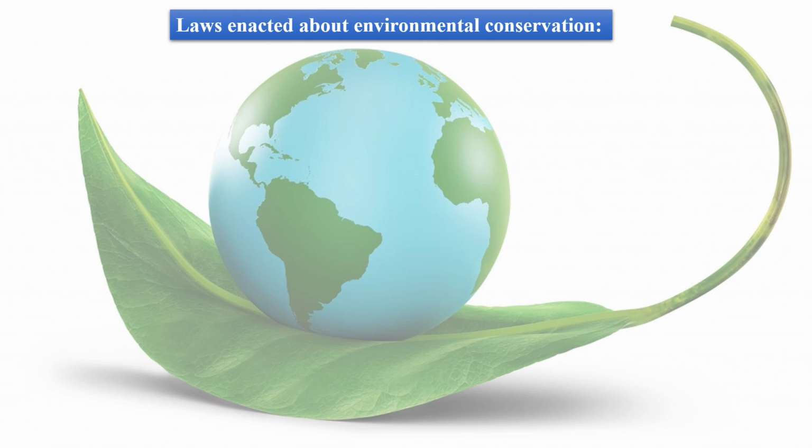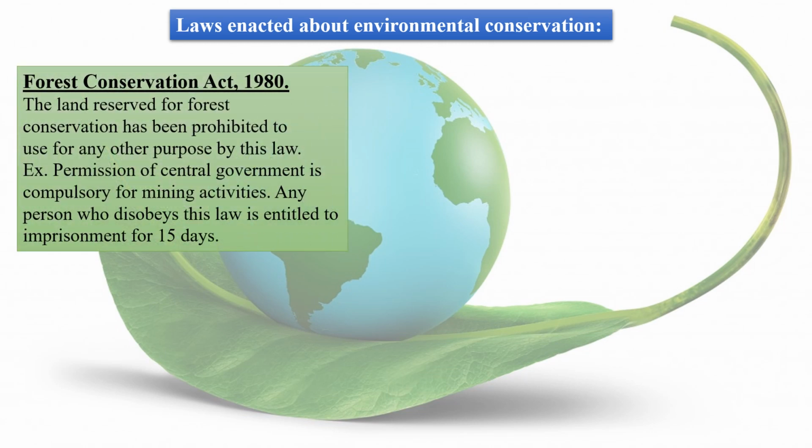There are a few laws which are enacted about environmental conservation that we all need to know. The first is the Forest Conservation Act that was in 1980. Now, according to the Act, the land reserved for forest conservation has been prohibited to use for any other purpose by this law. मतलब अगर forest area है, अगर वो under reservation reserved है वो land, ठीक है, तो उसके